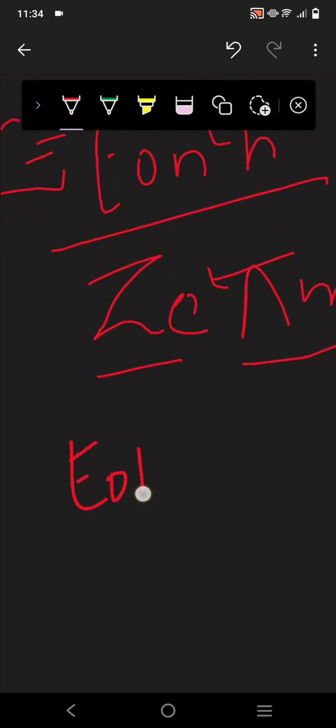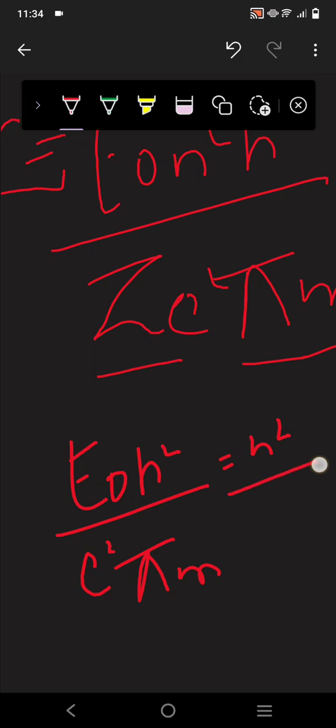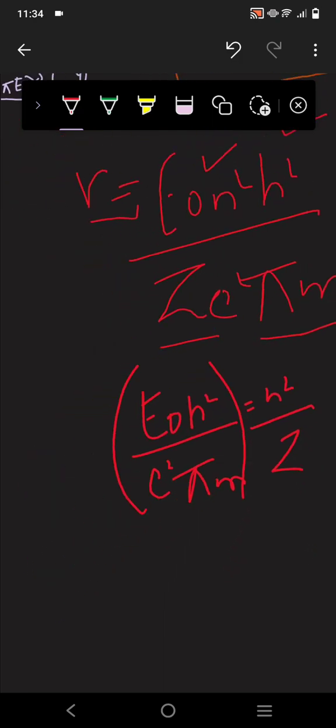I'll write the value of h square as well. So n square and z. We have the constant value for this equation, and that is